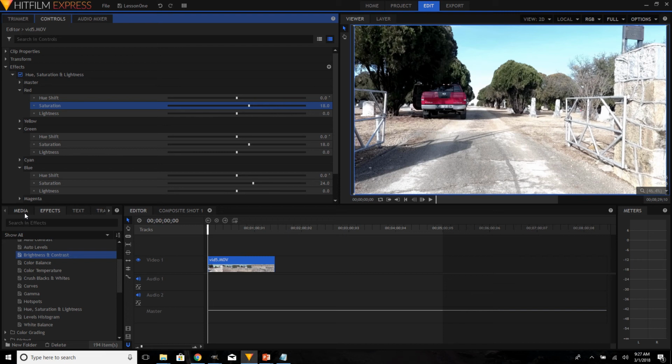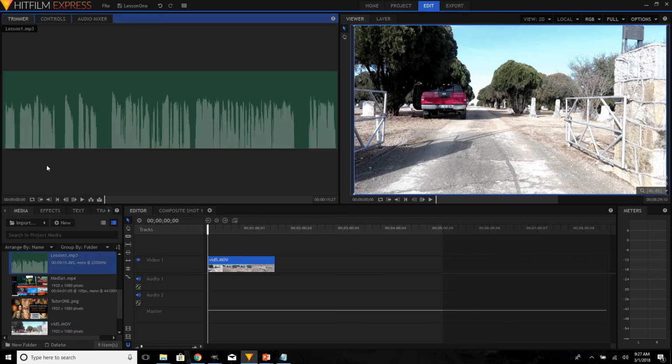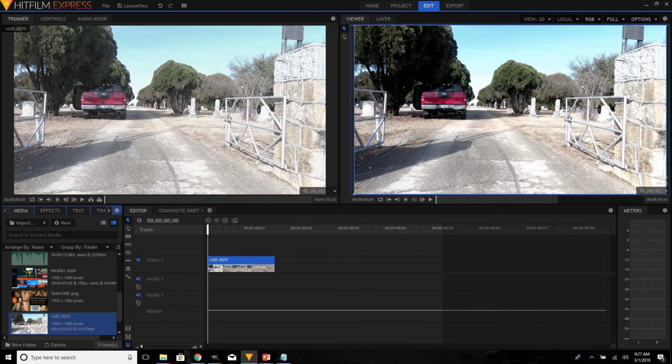So we go back to media, we go back to the trimmer, we find our original video, and you can see the difference. It's definitely darker. You can see this red clay is actually redder. This tree is actually greener. The sky is not as blue as we remember, but we can also always go back into